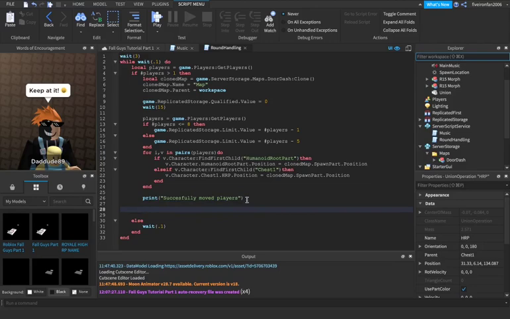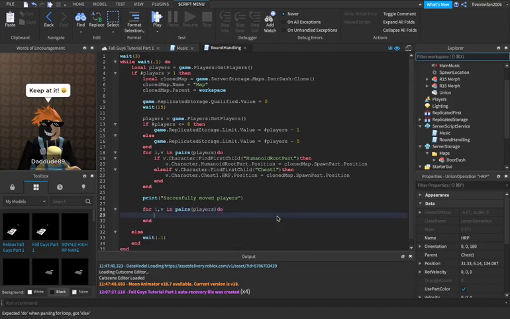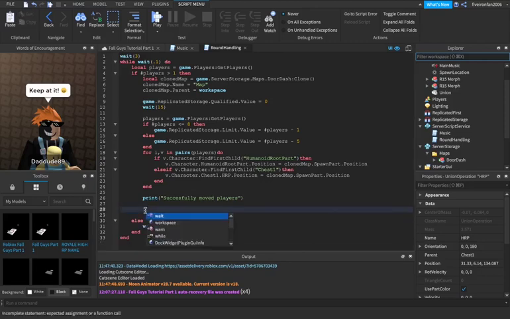Okay, so now we're doing the round handling. We're going to wait until either the amount of people that can be qualified have been qualified, or, what am I trying to say? If everybody except for one person has left the game, then we want to stop the round. Okay, so we're going to say for i, v in pairs players do. Oh, I'm sorry, my bad. This isn't where we are. We are right here. We're going to say while